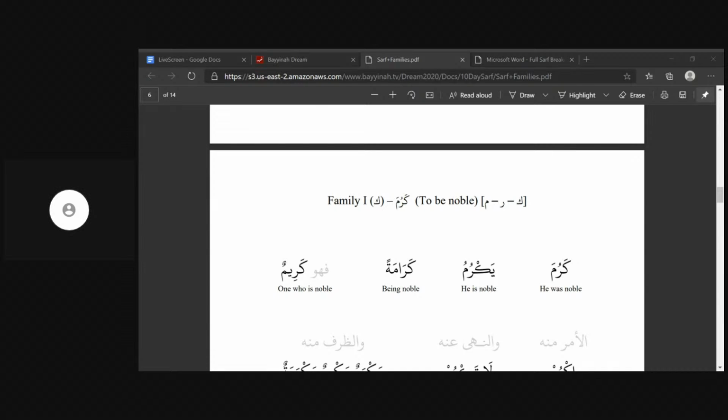Interesting name. If karuma means to be honored, how would you say to honor someone? Then that would be a different word. Karuma means you yourself are honored or noble, right? So just by the meaning, you could tell it's a different word. Akrama could mean to honor somebody else. But karuma means it's happening to you. You are being honored, noble.